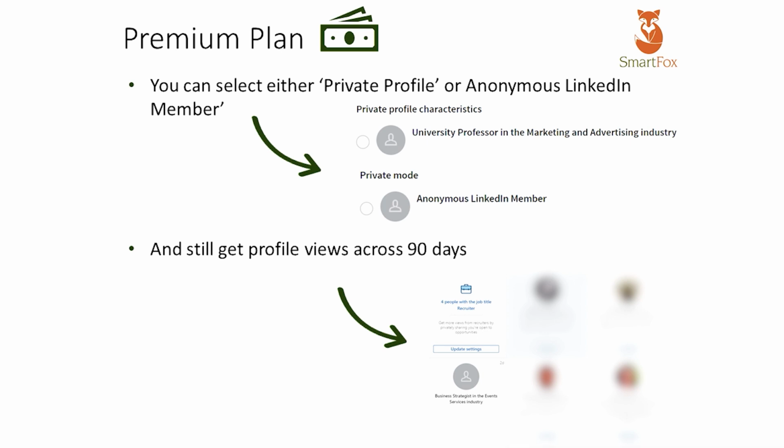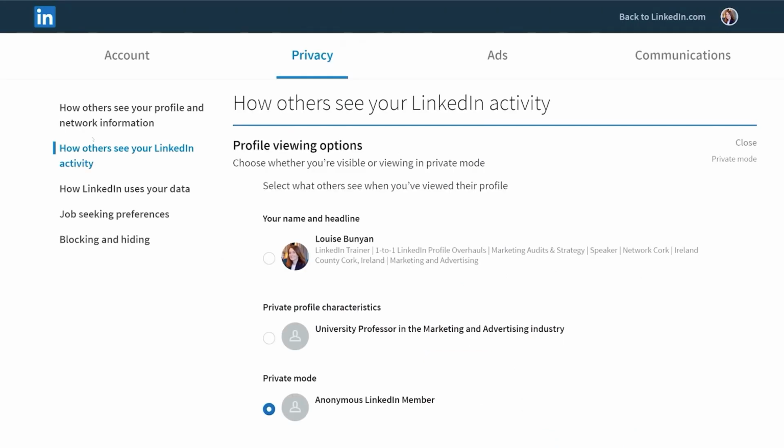So a quick little summary of that. You can choose any option that you want. You can be number 1, your name and headline. You can be number 2, private profile characteristics, or you can be number 3, private mode.